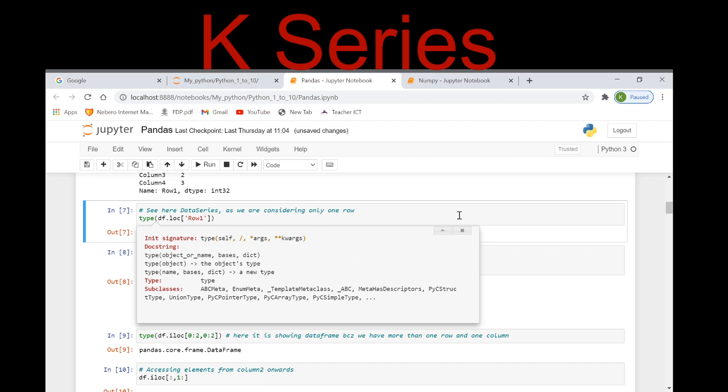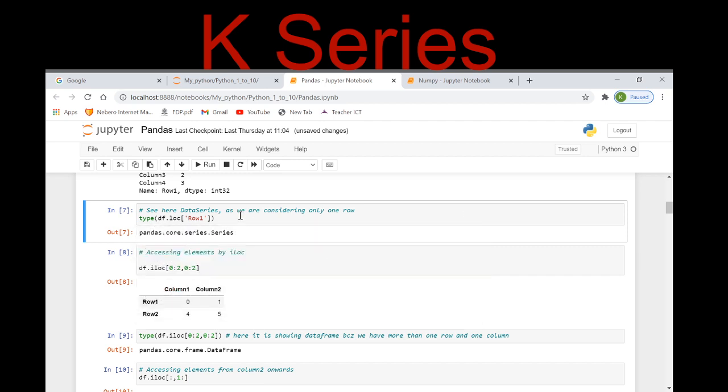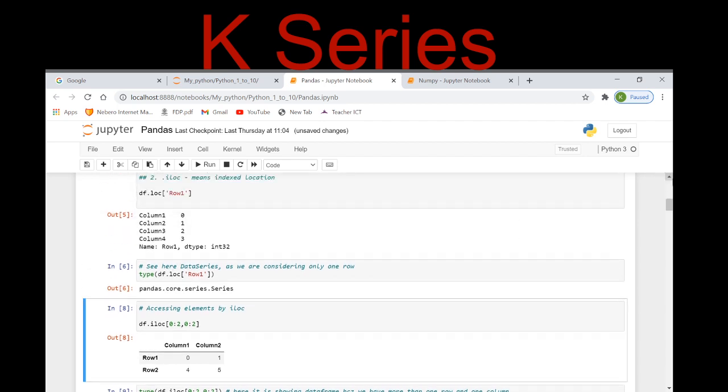The type function provides me the data type of this particular object. What exactly is its data type? It shows me that it is a data series. Why is it a data series? Because we have considered only one row or one column. Here I have used row 1 only. That is why its data type is data series, right?